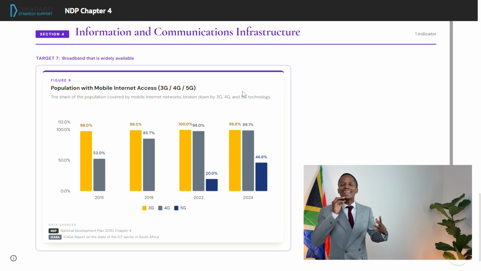And one point that I just want to leave you with, as I deep dive into these different chapters of the National Development Plan, is that it's always striking to me how so much of the articulated challenges still ring true today. From my reading of chapter 4, I think three main challenges repeatedly came up as pressing and needing to be addressed in 2012 that still ring true today, and that we might want to shine more of a spotlight on and ask ourselves why these things aren't being resolved are: number one, insufficient public sector or government investment in infrastructure and general growth of the economy.